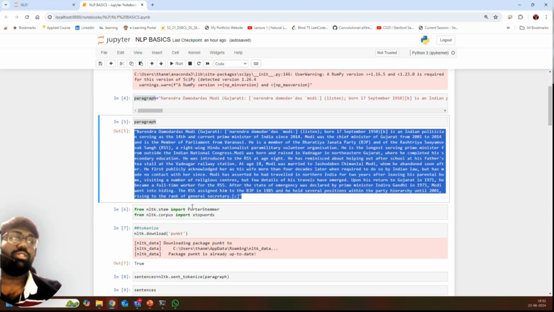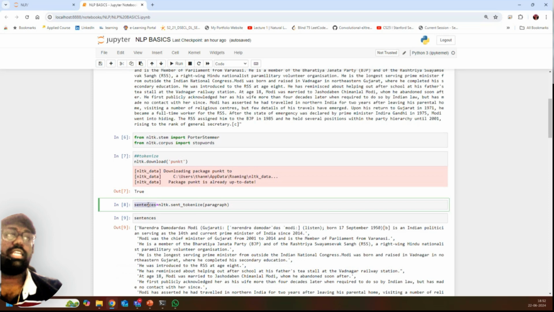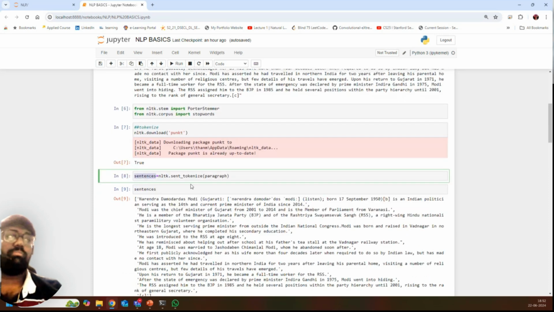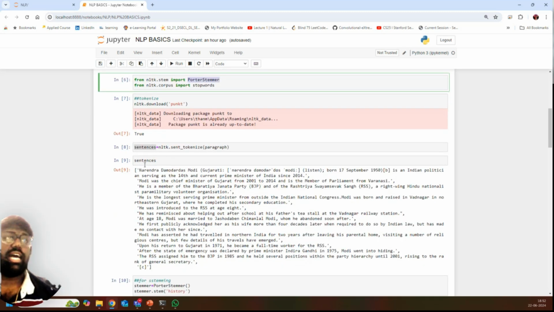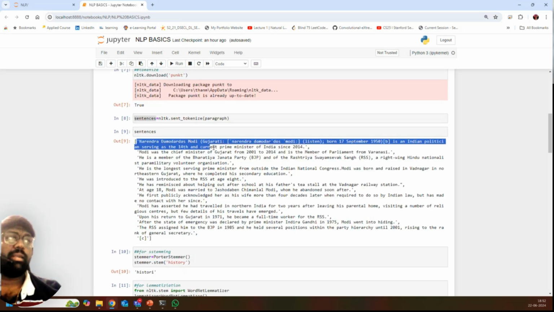So let's see how it goes. Now first I'm doing sentences. If I explain what PorterStemmer and tokenize are, it's a lot of Python and NLP knowledge that we'll be teaching in the regular classes. But with respect to nltk.stem, import PorterStemmer, and first I have converted that complete paragraph